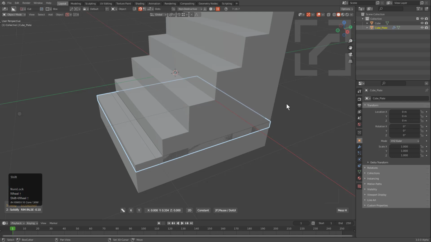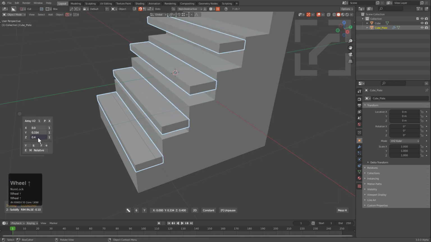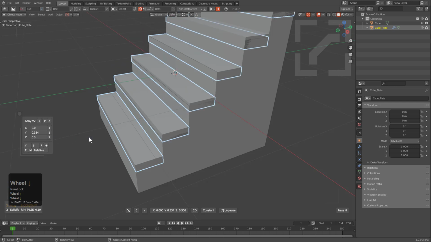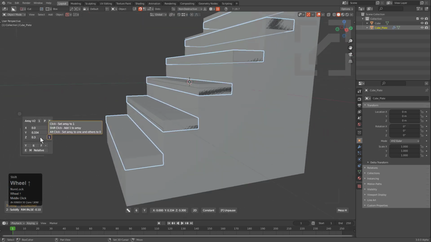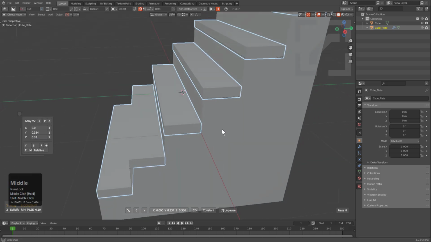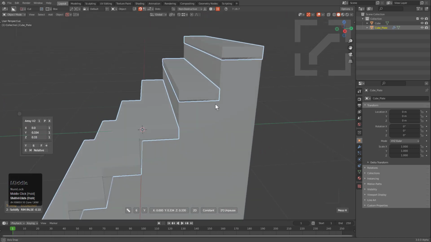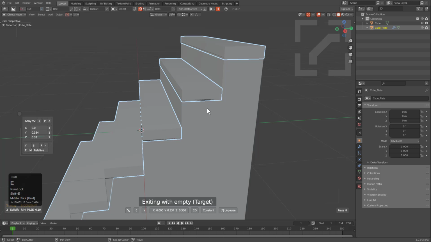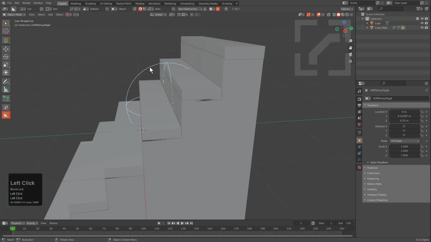In order to get this to go correctly on the next axis, this would be a good time for me to press pause and bring up the dot UI where I could just begin scrolling on the Z in order to move it up. From here we see that even shift scrolling on the Z isn't going to get this exactly where I want. In fact, to really get this precise, I need a little bit more control. So I'm going to press Shift E, even though I'm still inside this dot UI using a hotkey, in order to exit with an empty target, and just by clicking we can actually exit and